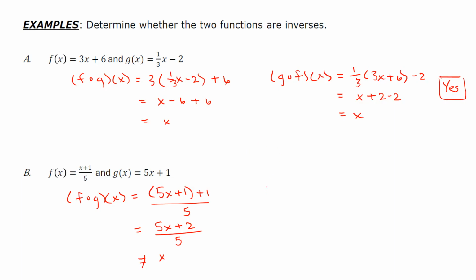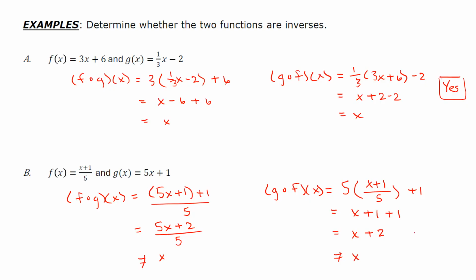each other. But for those who would have started with g composition f of x, let's see if this also does not equal x. So we're substituting f of x into g of x. So we'll have 5 times x plus 1 divided by 5, and then plus 1. So the 5's cancel, leaving me with x plus 1 plus 1, which is x plus 2, which also does